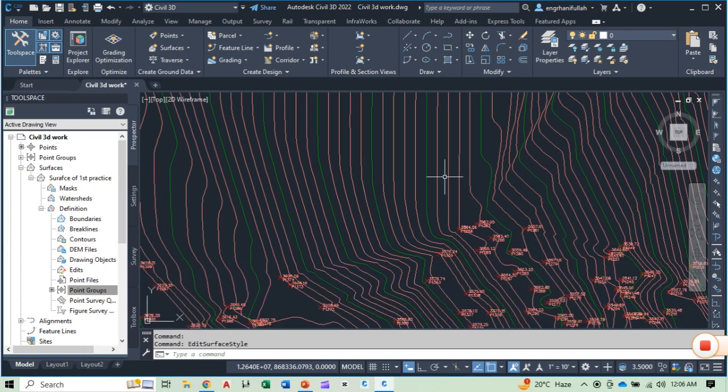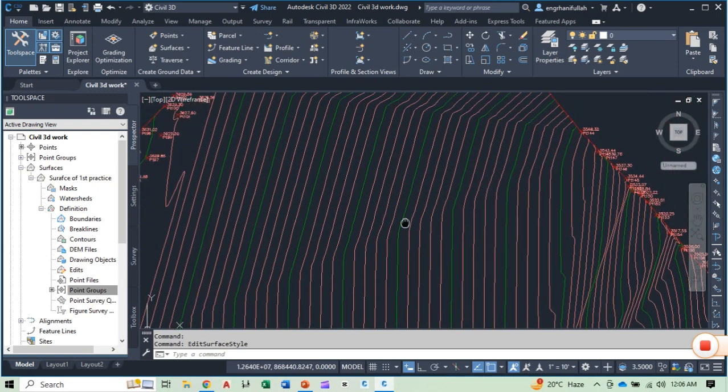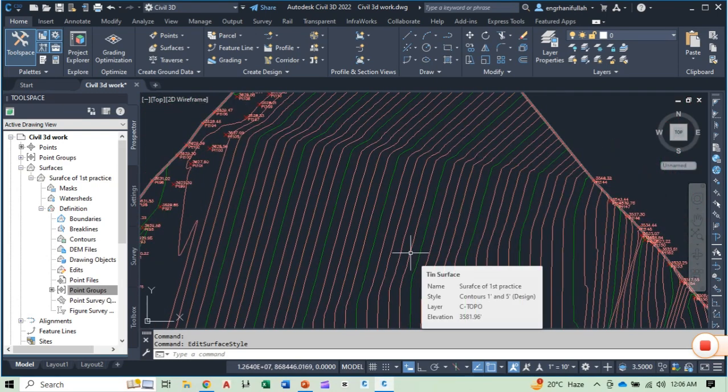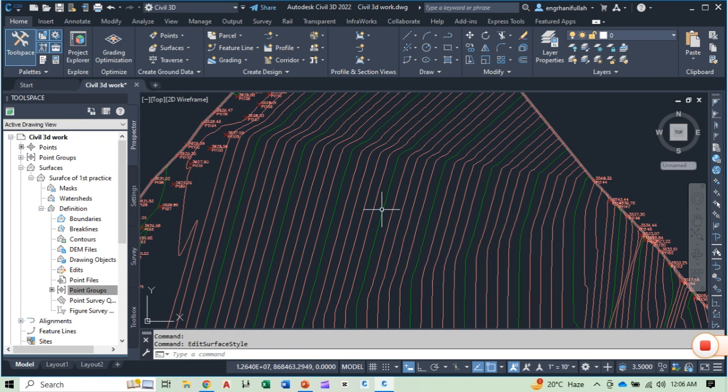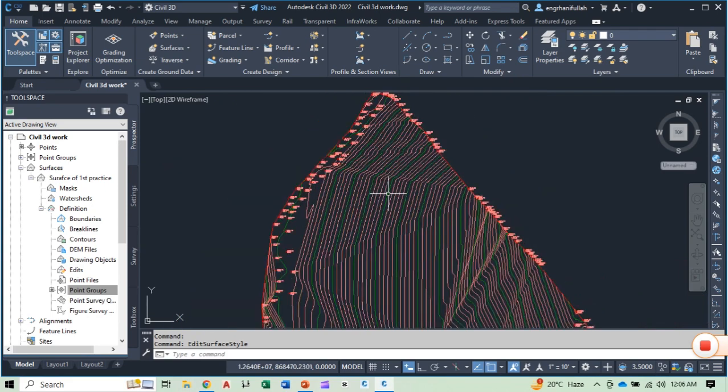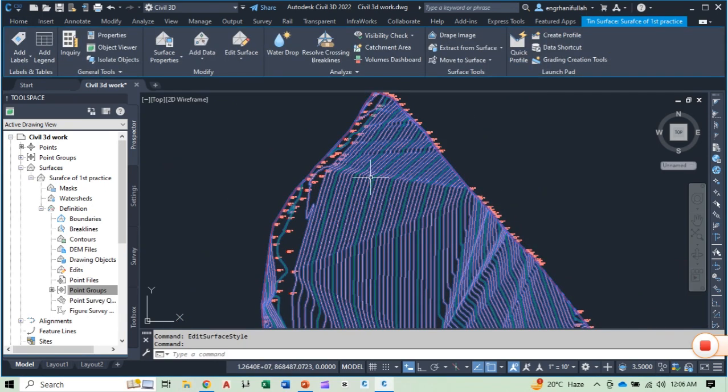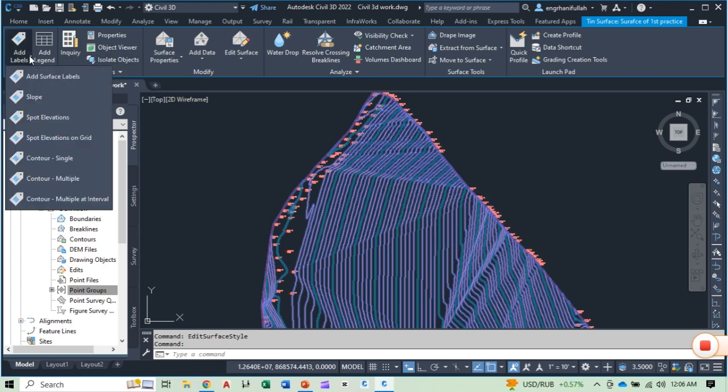So this is about how to create a surface and then how to change its style and some other properties, as well as for the contour map. And another setting is to add labels on this topo map. For that, click on the surface and then add labels. So click on it, and now we have various options,